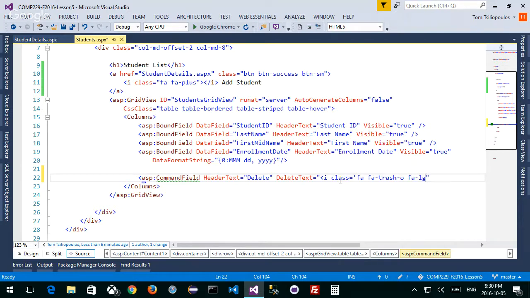Okay, cool. I want to close off this I tag and actually code it in there like it should be. So this stuff is actually going to be in the delete text. So my delete text of the button is going to have this stuff, right? I also want to add in the word delete. That would be good too. How about that, right? So that's my delete text. Okay, next. We're not done yet.